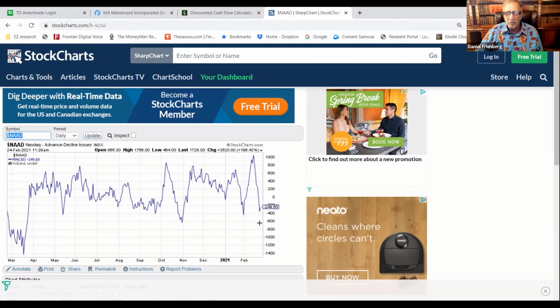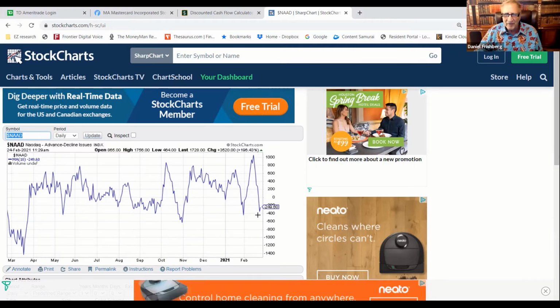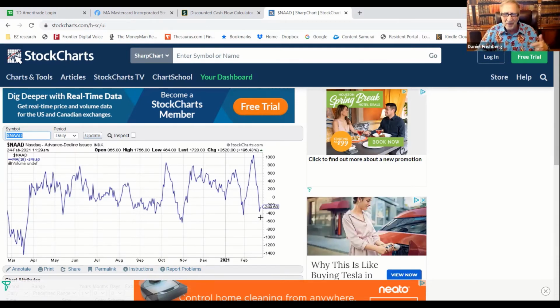But I do know that we're not at the top, that we're very close to a good entry point. If this is not the perfect entry point, it is close. So if there's things that you wanted to buy, this may be a good time to buy a little bit of it. And then when you're more certain that this is the area where you want to buy more. You don't have to know exactly what you're going to do.